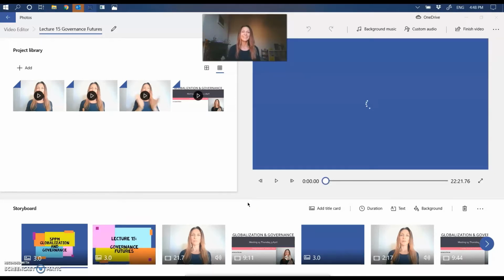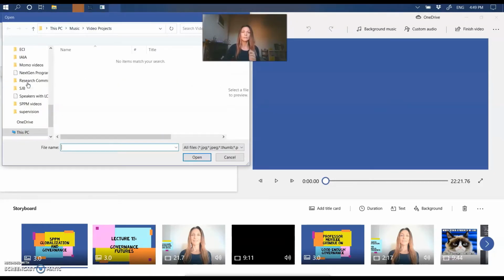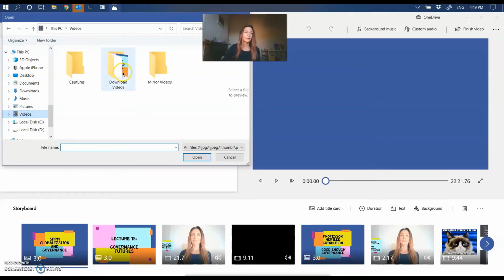Okay, so now that you've got your video of choice downloaded, whether you use 5K Video Downloader or any other app, what we're going to do is go into your video editing program here. I'm just using the very simple Windows Photo Editor, and in my project library, I am going to add the video I just downloaded into my collection, and I'll just show you quickly how to put this in to your